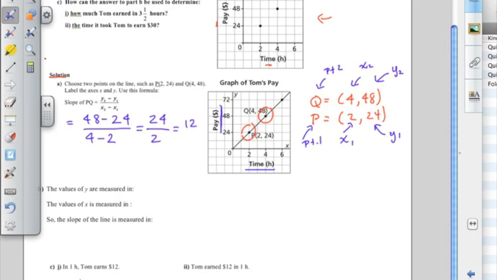So the values of y are measured in dollars. The values of x are measured in hours. So the slope of the line is measured in, so the y values, they're the rise, so it's going to be dollars